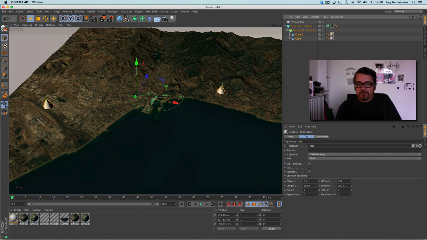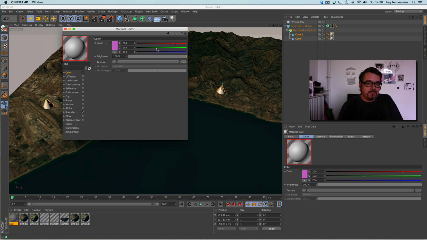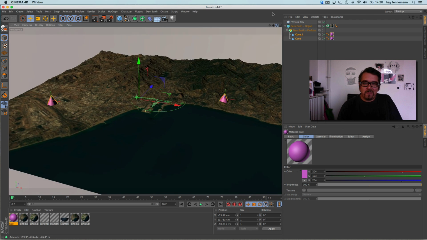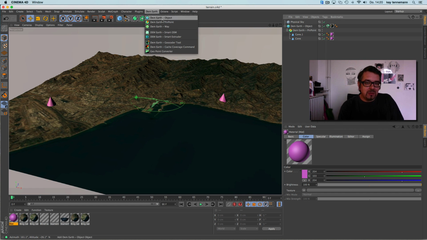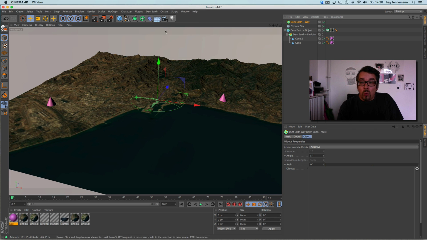And of course, to show you better, pink. So now we always make some splines or something for the way of our light stroke construct. And it's built in DEM EARTH 2. And this is funny because it's called DEM EARTH Way.